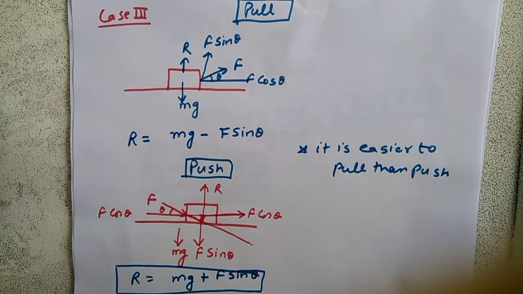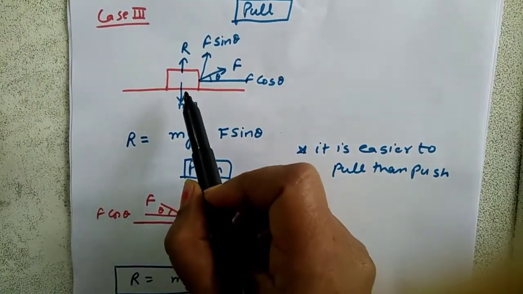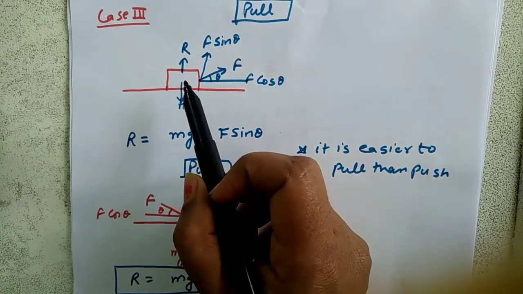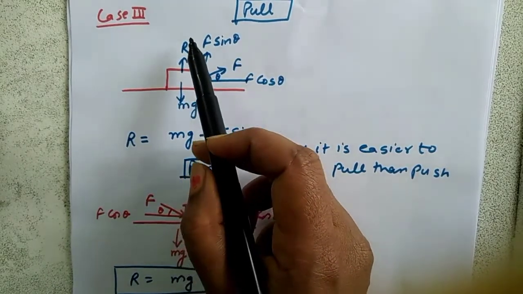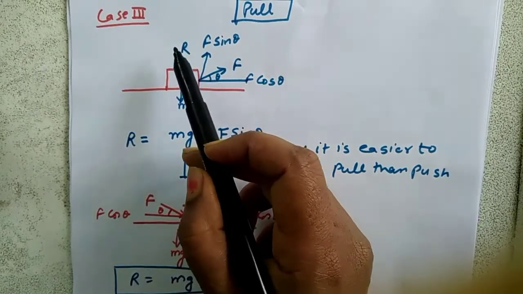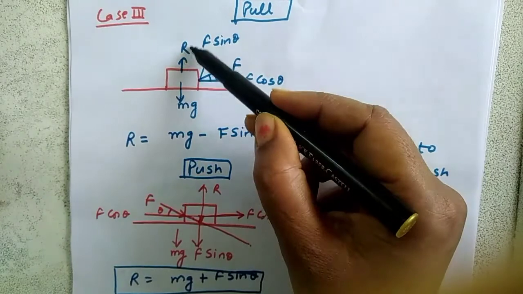So what I will do is I will draw one weight, right? In this case, although friction is not there and the weight is resting on the ground, I will still write the reaction component R, because I want to figure out what will be the apparent weight. Okay, so weight mg is balanced by R.